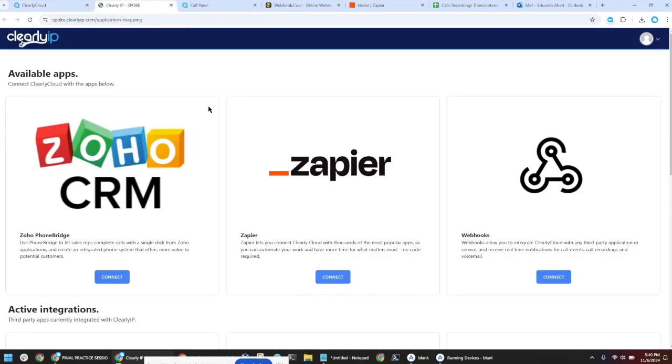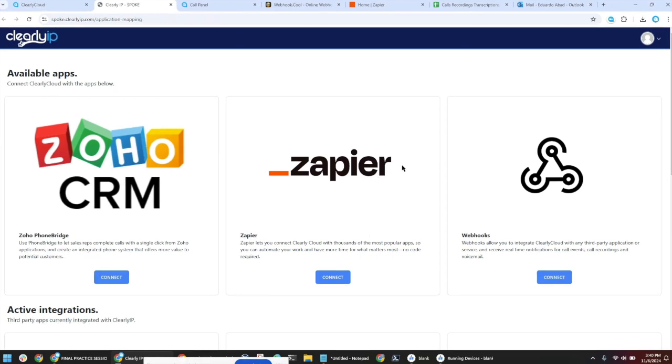So let me create a new integration right here. Like Bob mentioned, Zoho CRM is mainly integrating with PhoneBridge. We won't be demoing that today, but it's mainly click to dial and call pop-ups for incoming or outgoing calls to take notes, and for every single call with every contact in the CRM, and also for click to dial. But what we will be showing now is the webhooks themselves, the traffic of the webhooks, and the Zapier integration. So let's start with